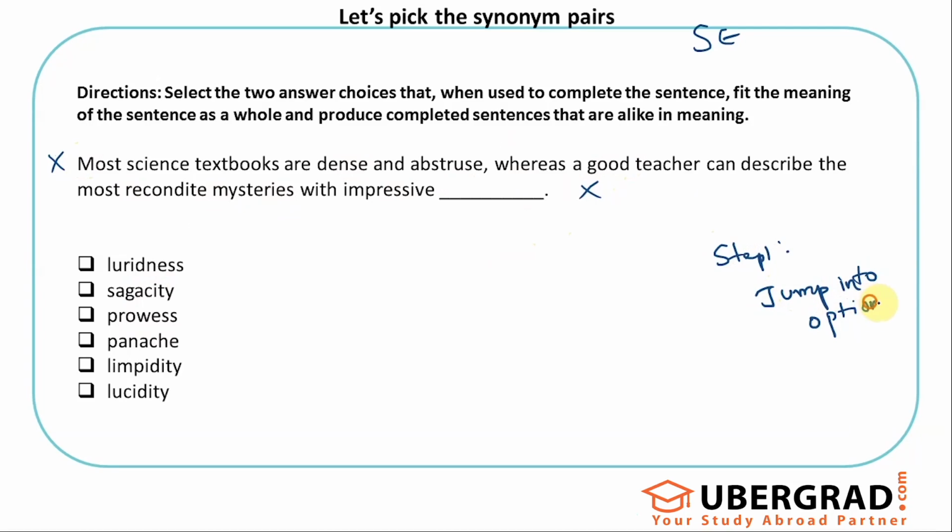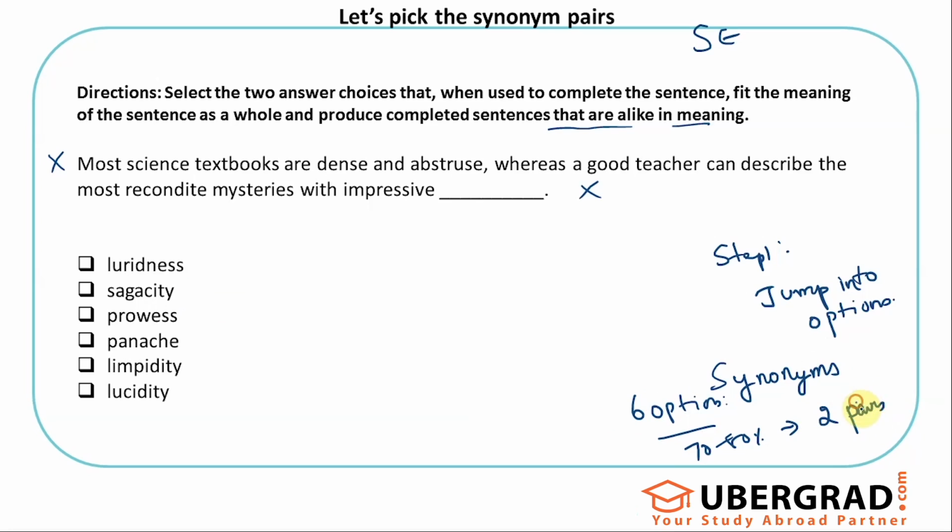Generally, in sentence equivalence, you're supposed to fill the blanks with words such that the sentences give you similar meaning. That basically translates to the options also having synonyms, that is, words with similar meaning. Very closely related. I would not say exact synonyms, but very closely related is what you need to look for. Out of these 6 options, the general trend we see in the GRE is that 70 to 80% of the questions will have 2 pairs which are similar,